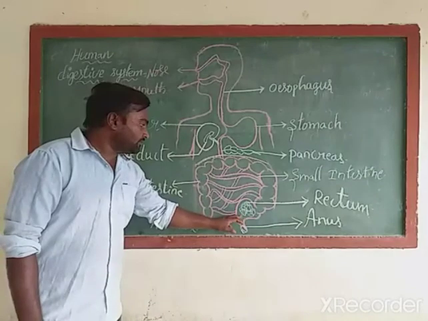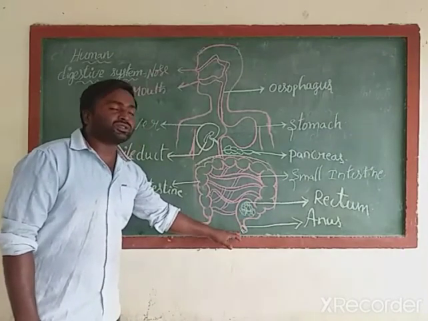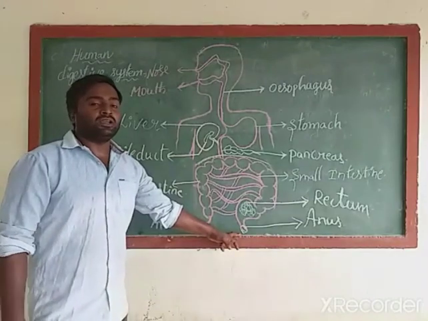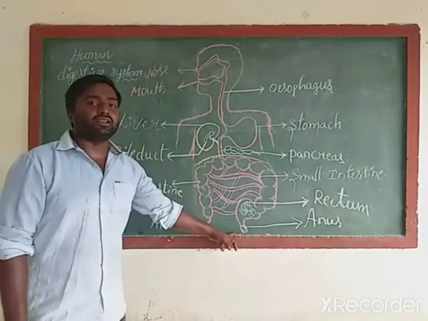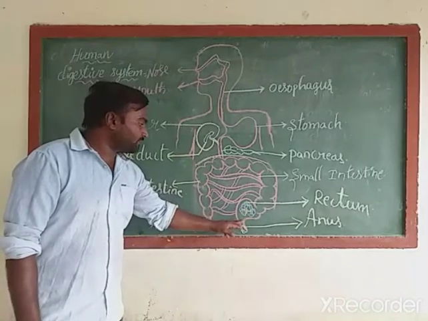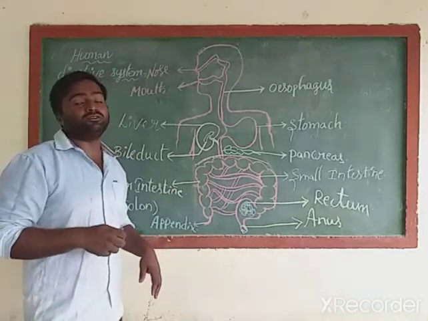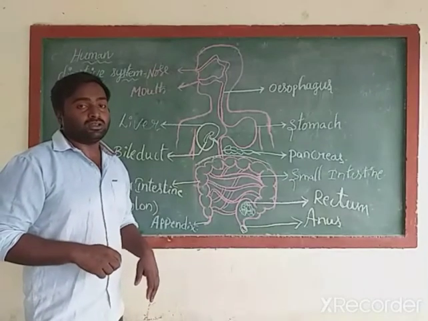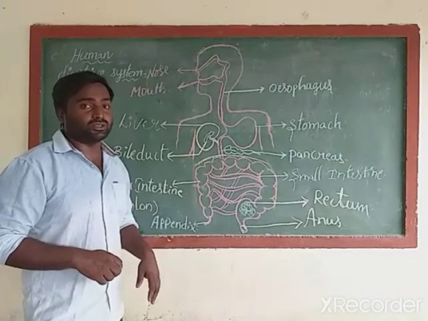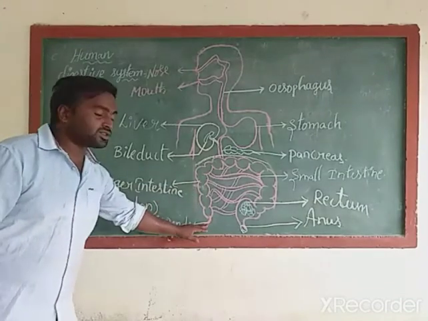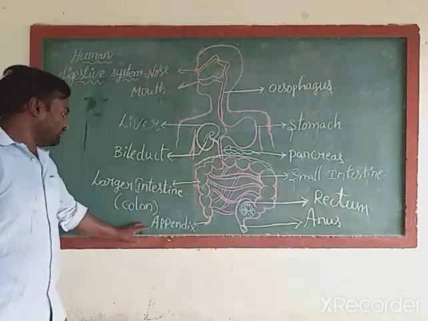Next, then what will happen? This rectum leads to the anus. The anus is useful for removing the defecating substance. Here the waste material will come out from the animal body in the form of stools. In which form? Stools. If you observe the large intestine, there is a chance to see one finger-like extension on one side of the large intestine.